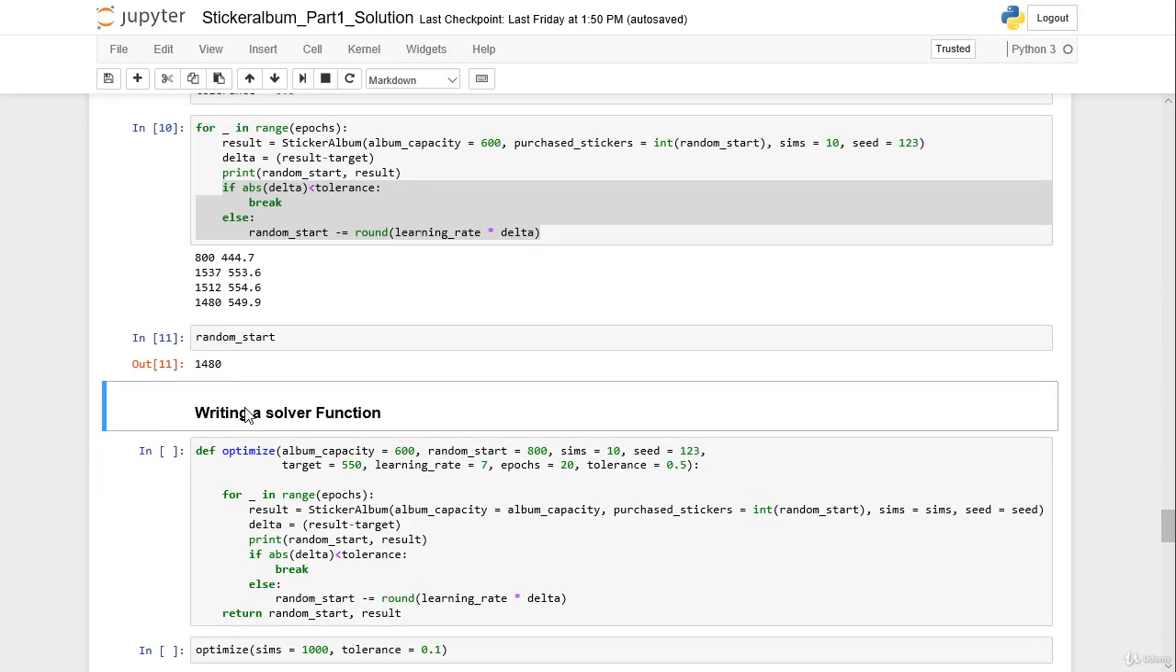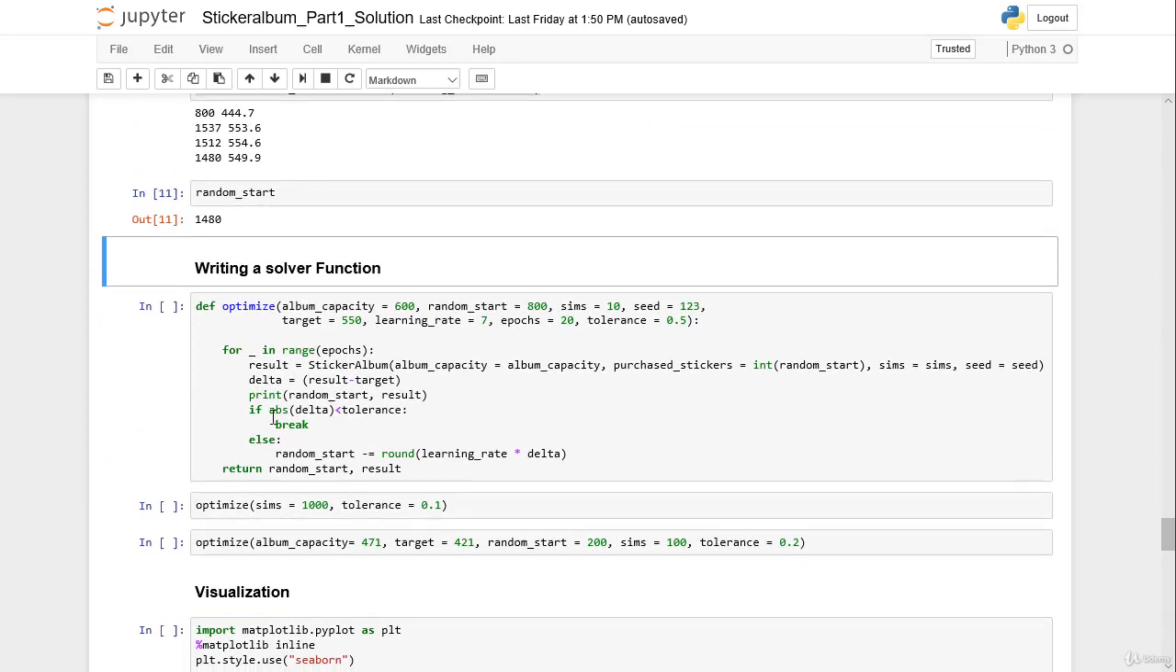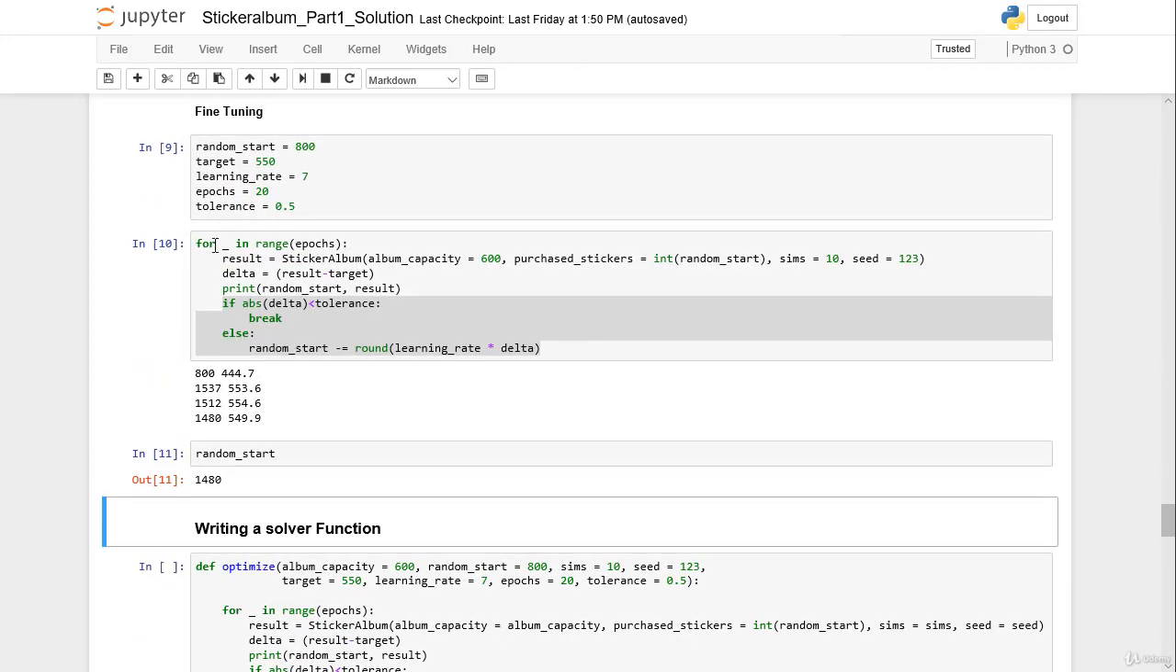And now we can also write a solver function and pass all arguments that we also pass to our sticker album function. So album capacity, random start, simulations, seed, and also our optimization parameters like target, learning rate, epochs, and tolerance. And this function should give us, so for example, let's assume we have now an album with a capacity of 350, and our target is 300 and our tolerance is 0.5. So this function should just return us how many stickers we should buy to have an expected unique stickers of 300. And therefore we copy here our code from above,